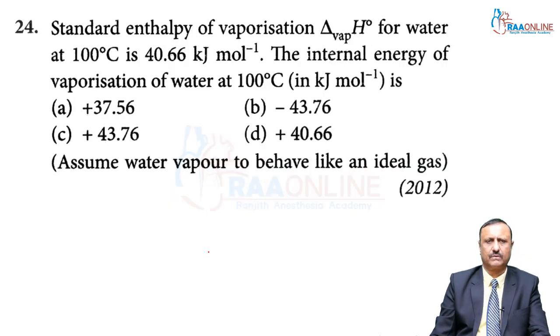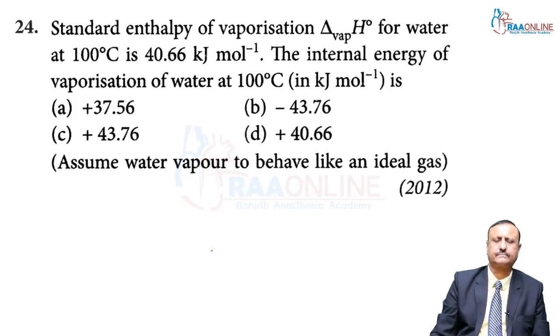Now, my dear students, we can go to question number 24. The standard enthalpy of evaporation, delta H evaporation, for water at 100 degrees Celsius is 40.66 kilojoule per mole. The internal energy of evaporation of water at 100 degrees Celsius, in kilojoule per mole, is: